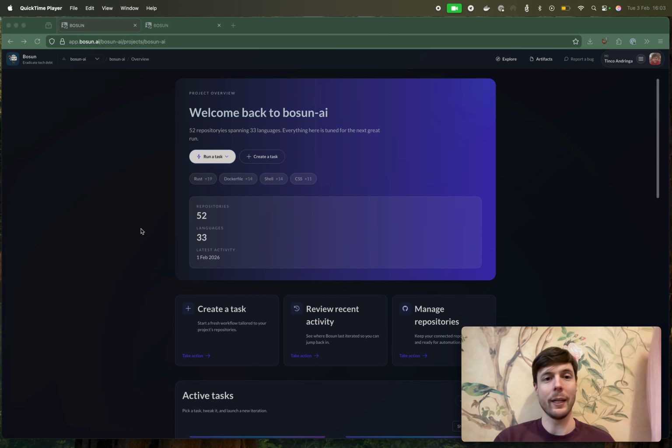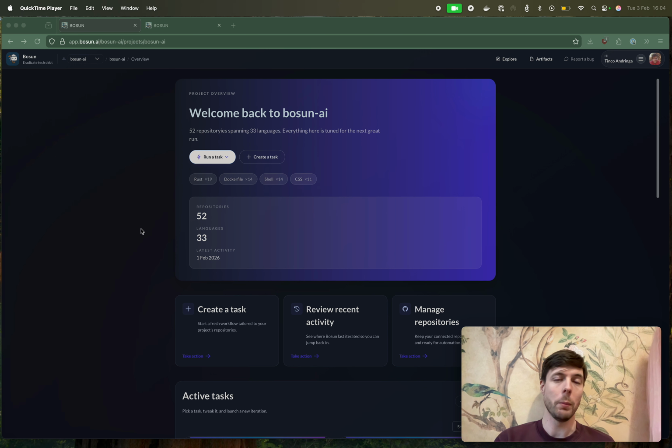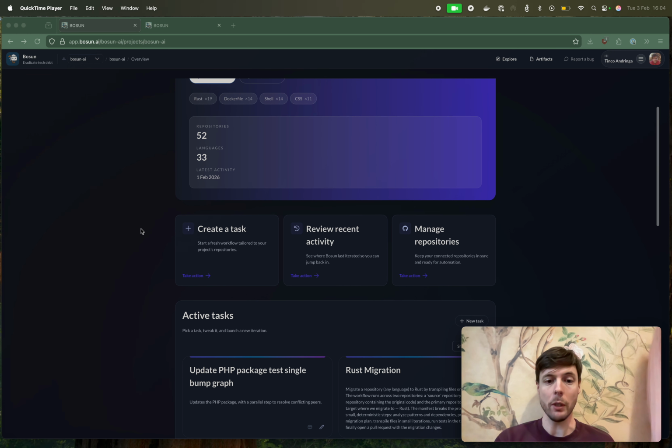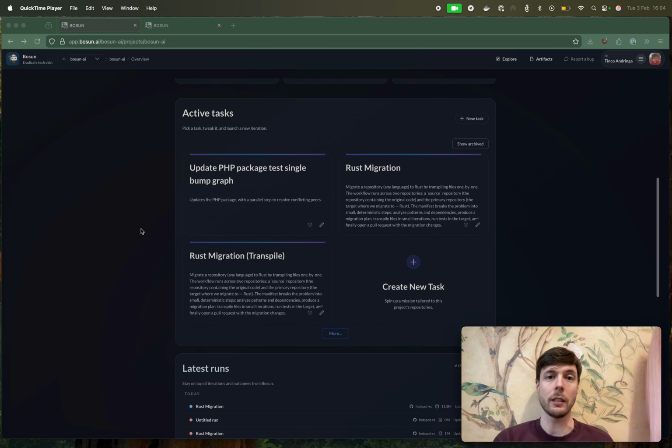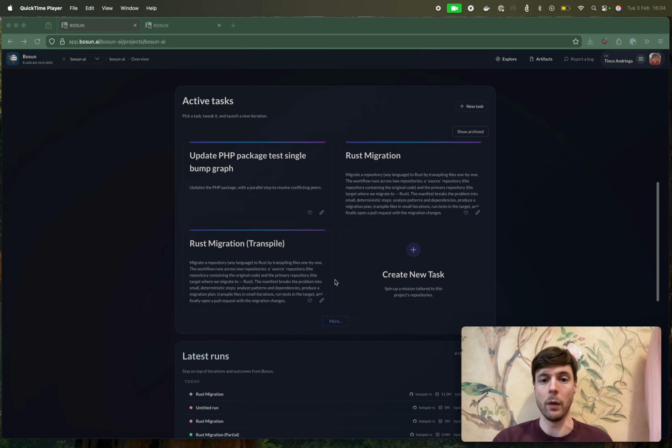When you make an account at Bosun, you will be able to link your GitHub account, and Bosun will be able to see your GitHub repositories. And you can execute tasks or create tasks to do software maintenance or migration